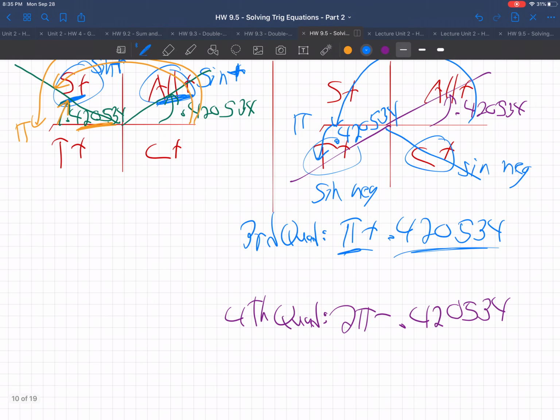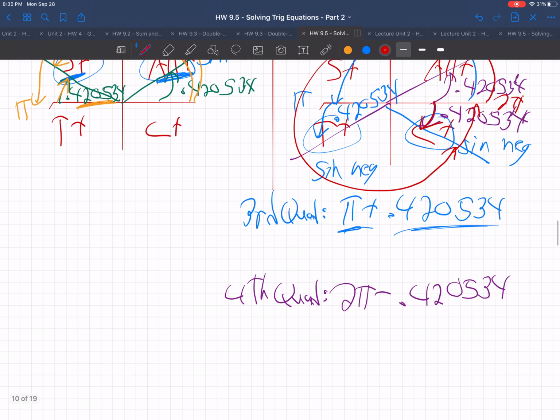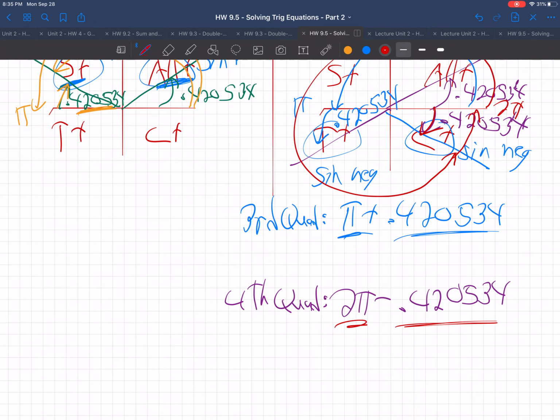To get that same thing here in the fourth quadrant, which is again the same opening, 0.420534. That's why we found it. It's the same thing in every quadrant, but how do you express a fourth quadrant answer? You've got to go from 0 all the way to there, which means go all the way to 2 pi and back up the 0.420. All the way to 2 pi, back up, minus. All right, enough said. This problem's going forever. Let's get some answers to this thing. So pi plus 0.420534 equals,